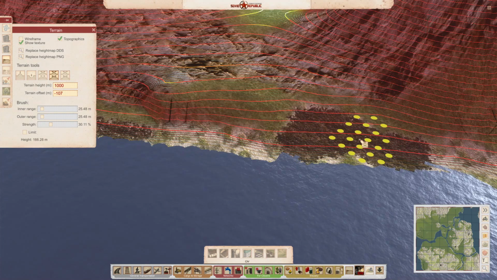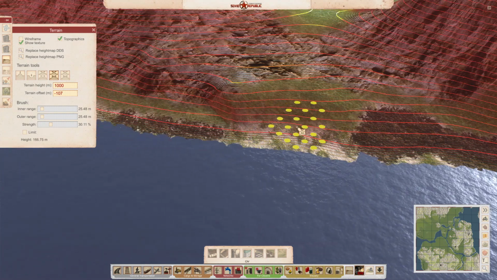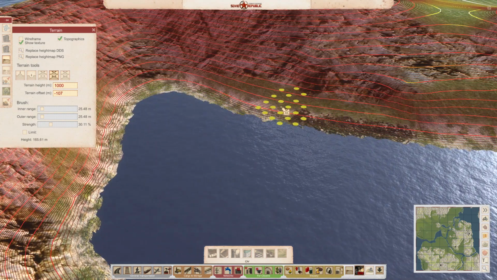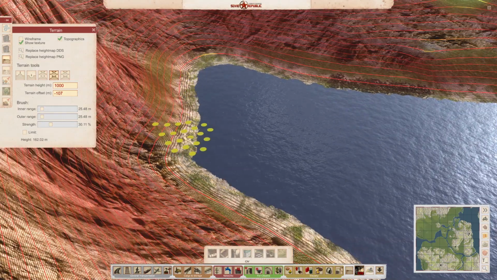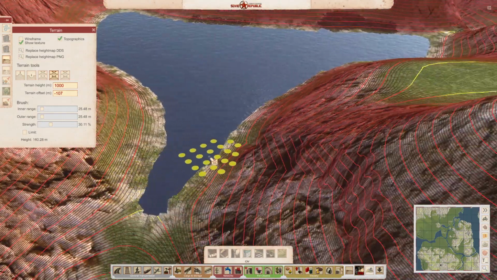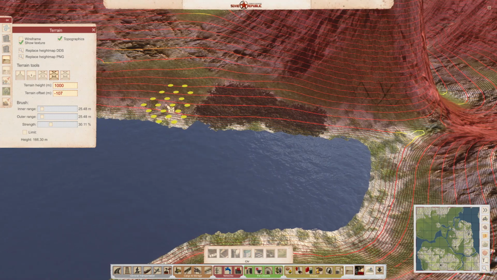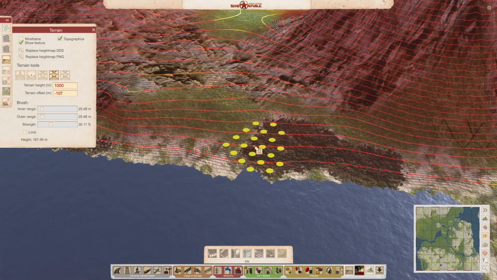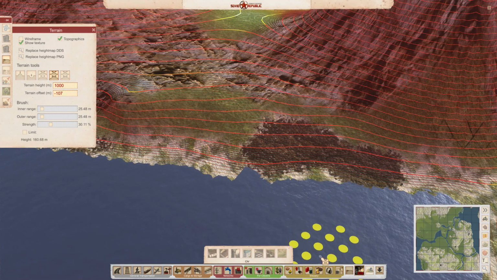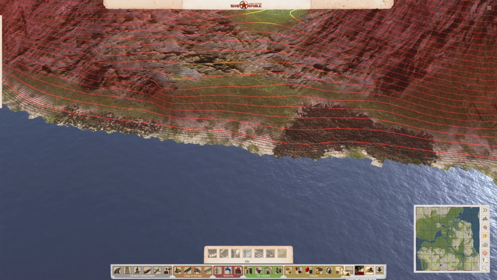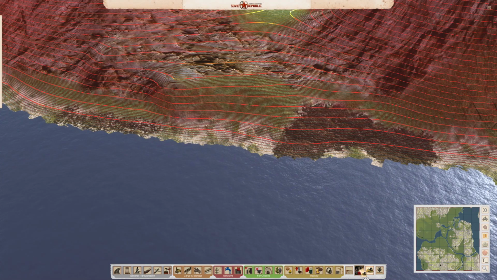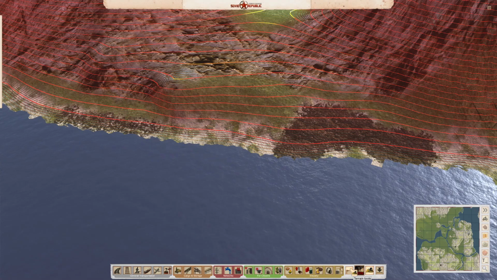You could probably spend quite a lot of time doing this, just trying to get the edge as smooth as possible. But I think we're getting pretty close. We've just got a few problems on this side. Of course, what you can do is if you get in a bit too far,